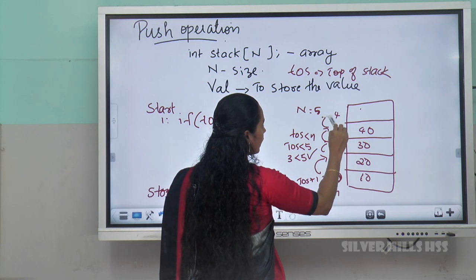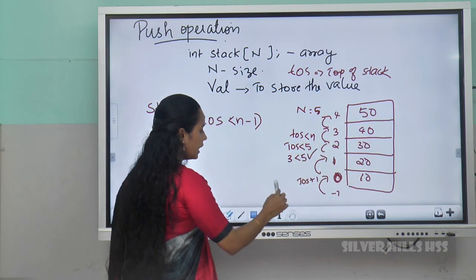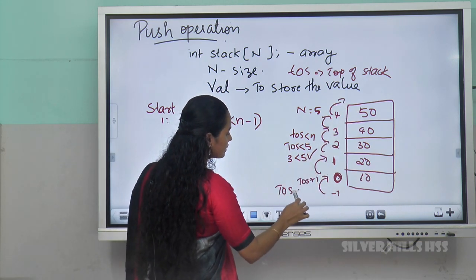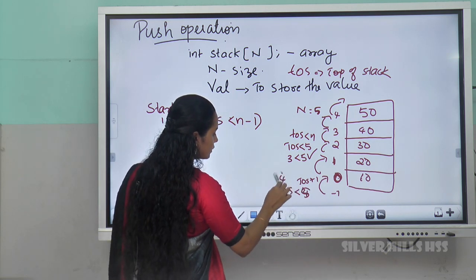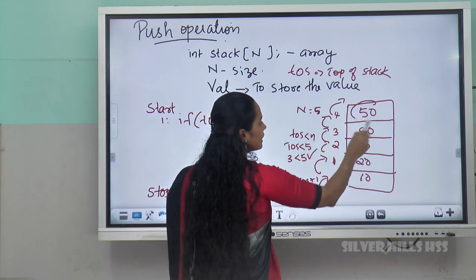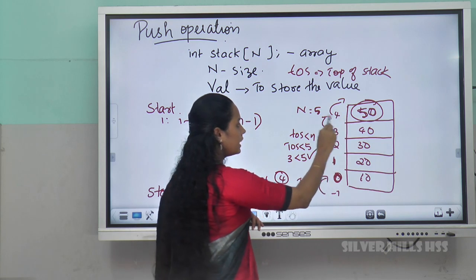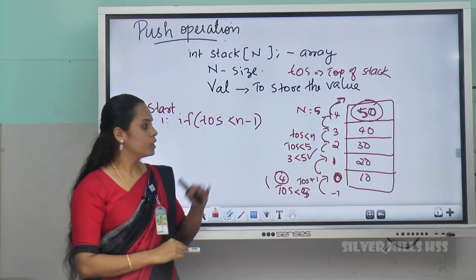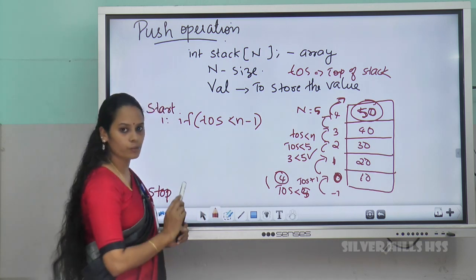And now you are inserting one more element here, that is 50. After the insertion, if you want to insert one more element and you check whether TOS is less than 5, that is 4, which is less than 5, so it is correct. You will get the current TOS as 4, but we cannot insert any value here, because one value is already there, and when we increment this value, we will get stack overflow. So to avoid that, we have to write TOS less than n minus 1.